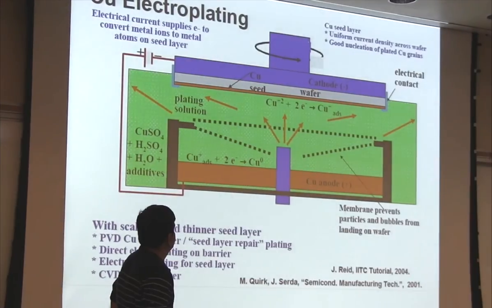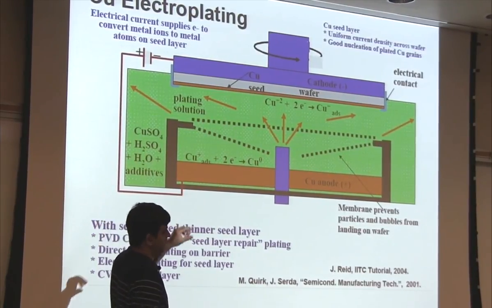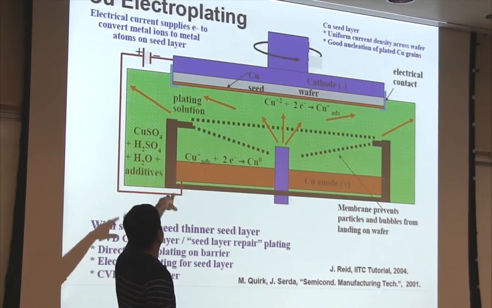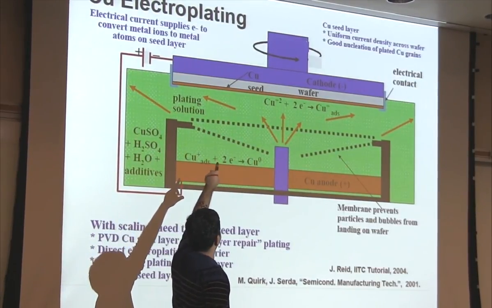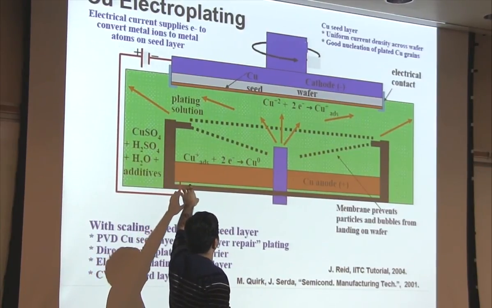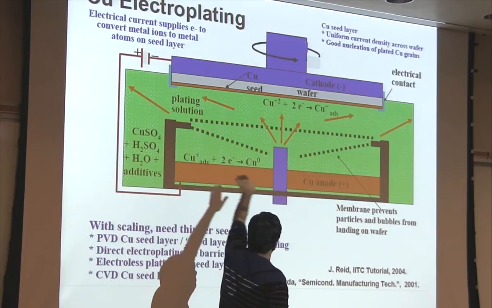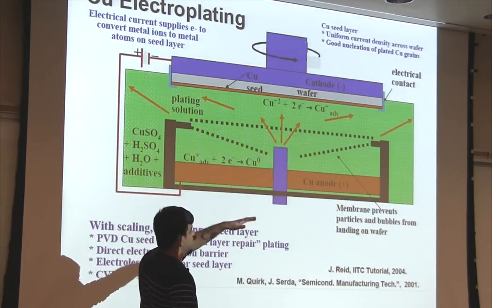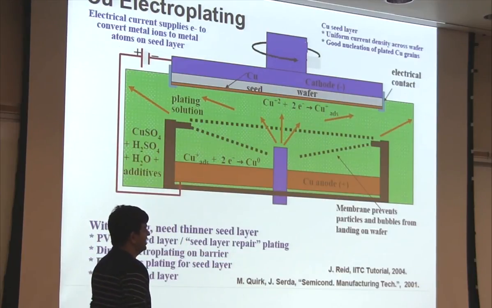And the way it works is you have your wafer and you have your liner, and you deposit it with a thin layer of your seed material. So you deposit it with that seed material, which is shown over here. That seed is copper, and then you dip it in this bath, which essentially has copper ions in it. And because you have that low resistivity seed, it will form this nice uniform electrical equipotential surface on your wafer on which your ions can now come and attach themselves, right? So that's the process of electroplating,